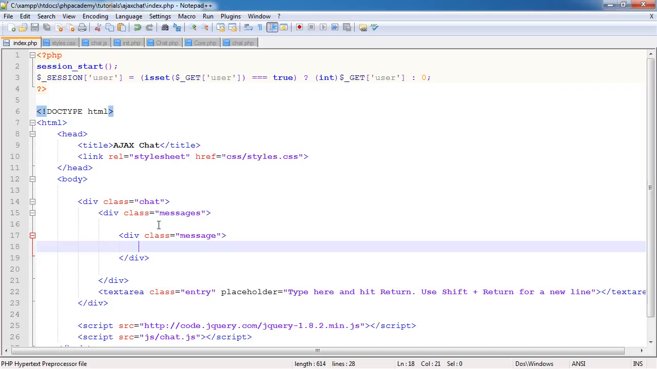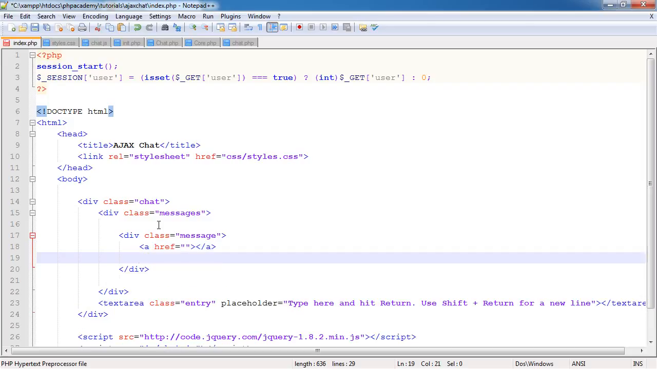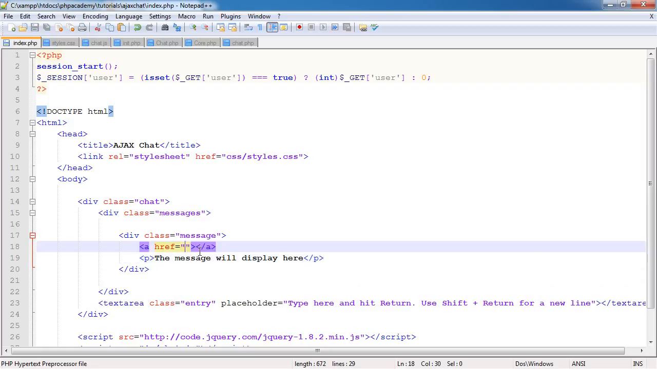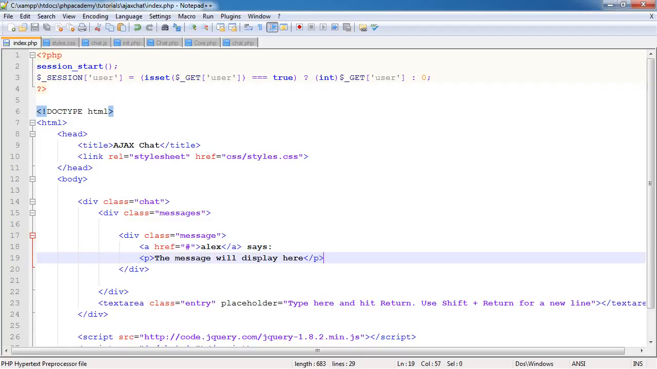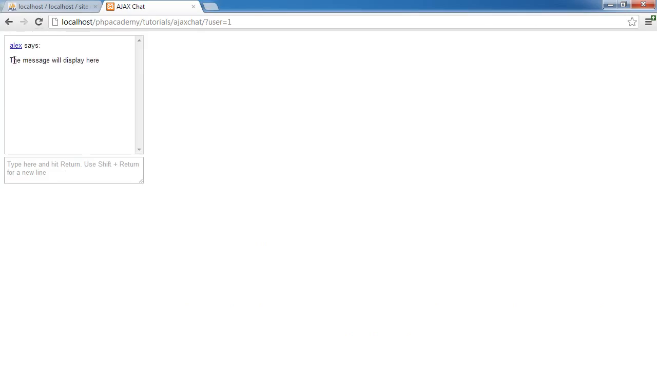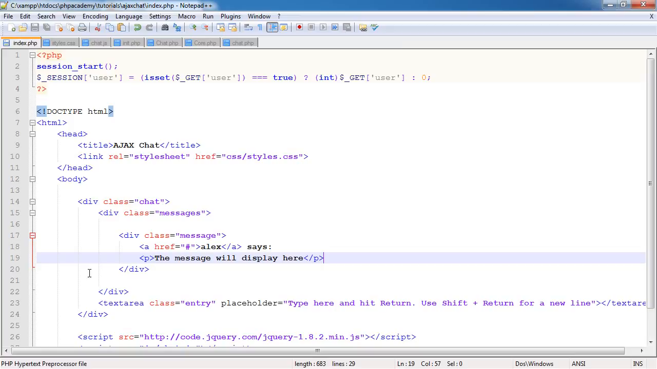So inside what we're going to have is an anchor, and then we're going to have a paragraph. So the message will display here, and this will be username says, okay, and then a paragraph is automatically a block display element, so it will come down here by default. So what we need to do now is start to style these bits inside of here. So let's go ahead and open up our